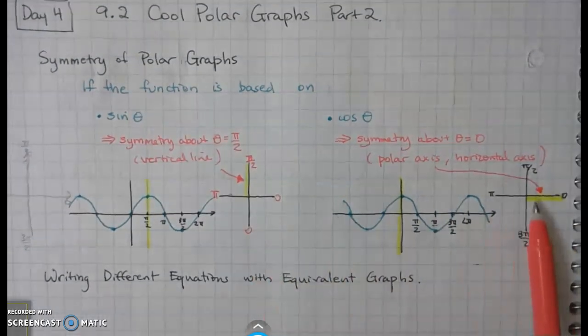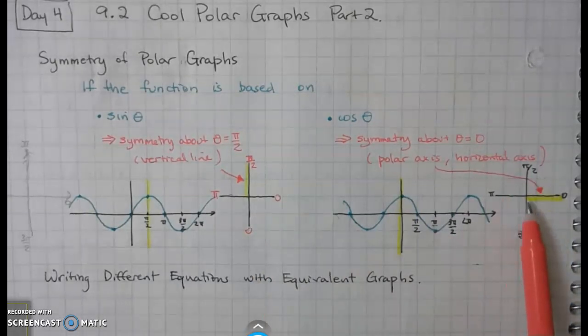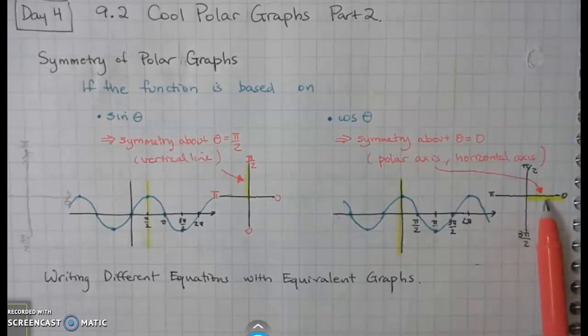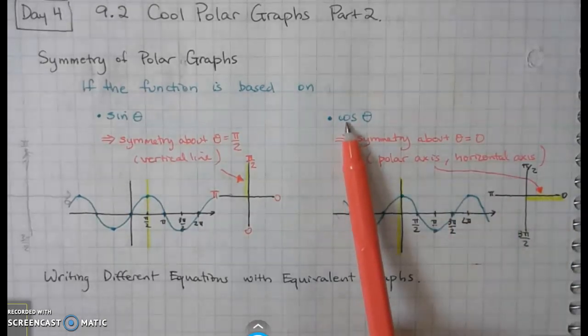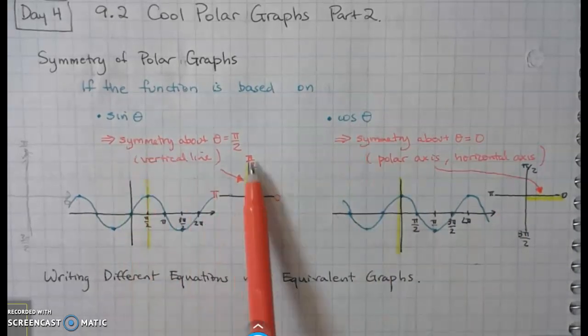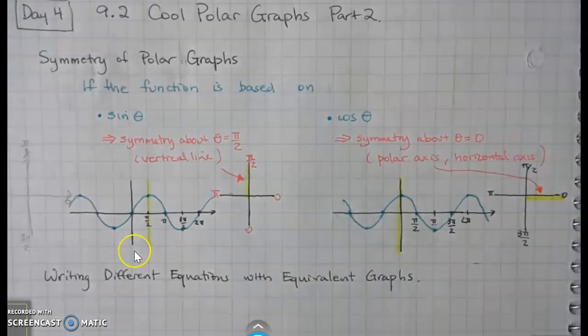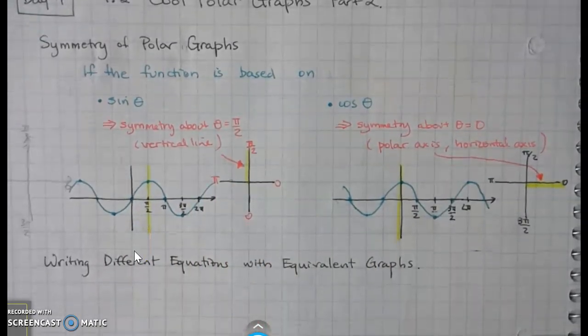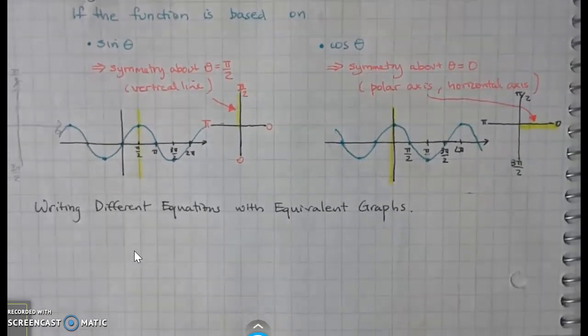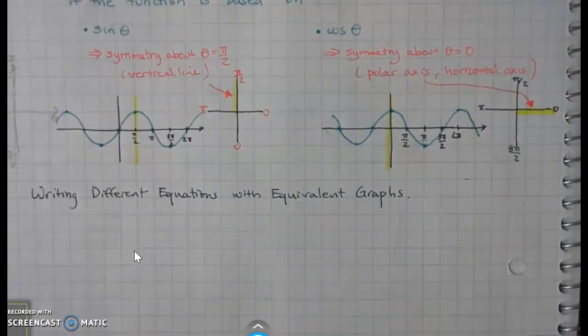And here's a quick sketch of that information. On the polar graph, if we're dealing with cosine of theta, the polar graphs are going to be symmetric about the polar axis. If it's sine of theta, it's going to be symmetric about theta equal to pi over 2, or the vertical line. So how is this going to be helpful for us? If you are asked to write different equations with equivalent graphs, we're really talking about symmetry. To find a different equation with an equivalent graph to a given equation, what you need to do is,